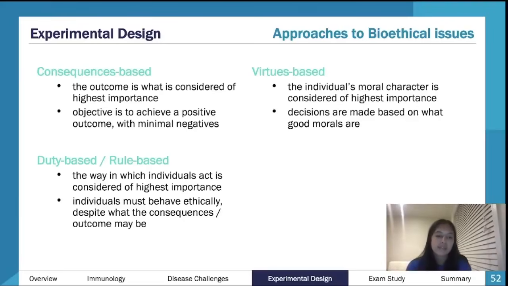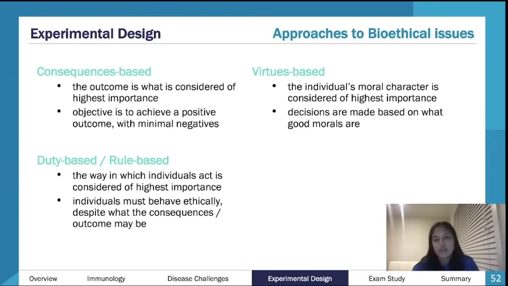Duty-based or rule-based is basically this idea that whatever the outcome is, you have to be moral along your journey, or be ethical along your journey. So they're almost a little bit opposite, duty-based and consequences-based. And then virtues-based is this idea of if you acted sort of morally. Virtues-based is kind of a bit random, but